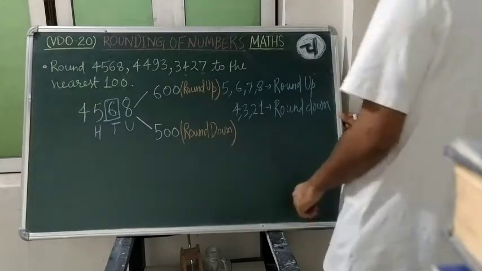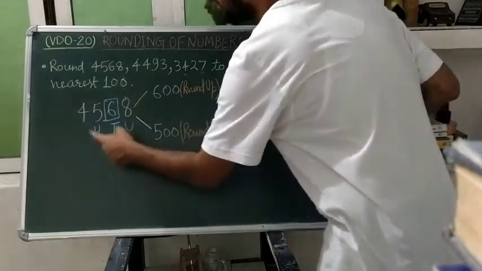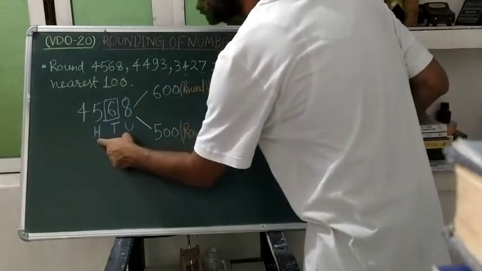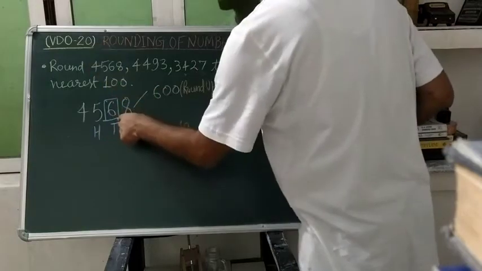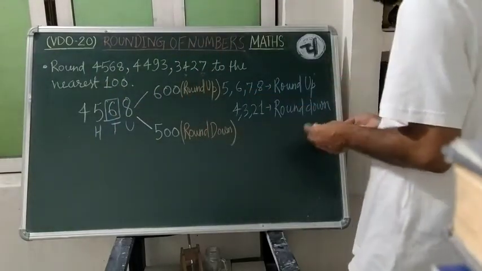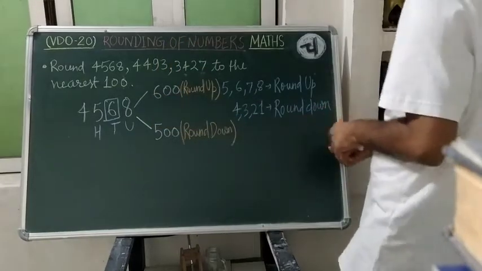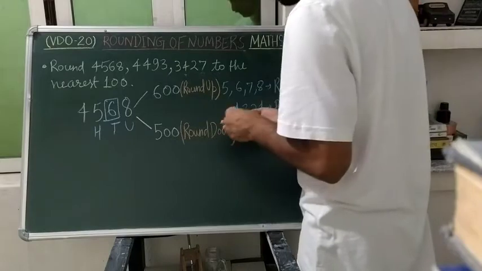We have selected the number present on the right side of the place given to us. So the place was 100, and on the right side 6 is coming, and for 6 we will round up. So we will select this 600, and this 600 we will write here,